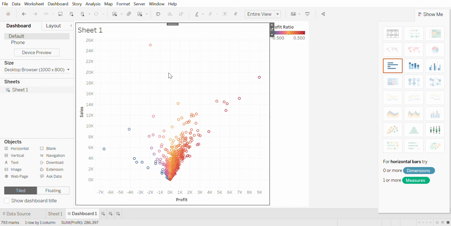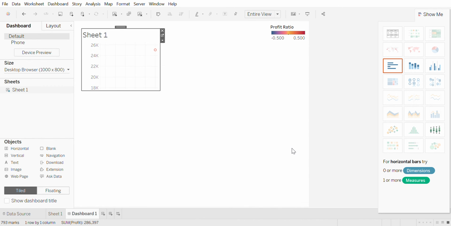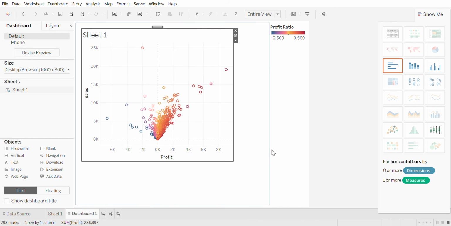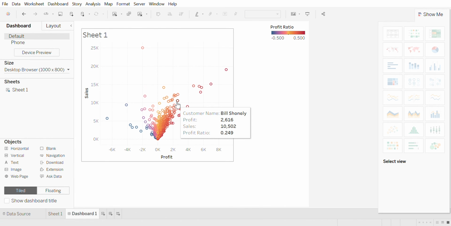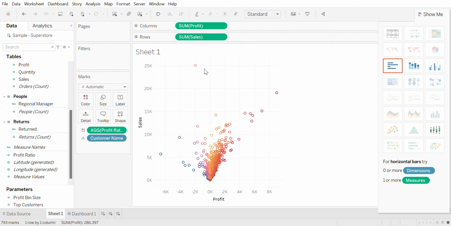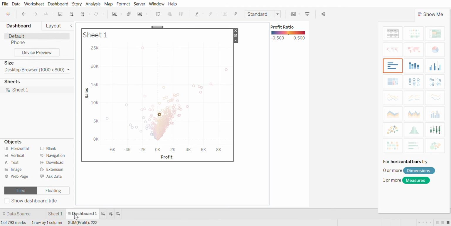And as you know, I cannot have one sheet on top of another sheet, it's going to look clumsy. So what I'll do is more options and floating. So this is now floating. You can resize it big or small or wherever. For now, I just have one sheet, so I'll just let it occupy most of the dashboard, and this is how it looks. If you want to re-edit it, you can go to this option, the square with an arrow. It's like go to sheet, so you get this page and you can make changes to it. I'm coming back to the dashboard.